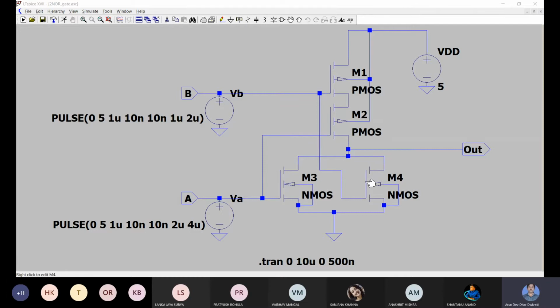Here the pull down network is created: two NMOS transistors are taken in parallel combination. The left one and the right one are in parallel, and input A is given to the gate of the left NMOS, and input B is given to the gate of the right NMOS.